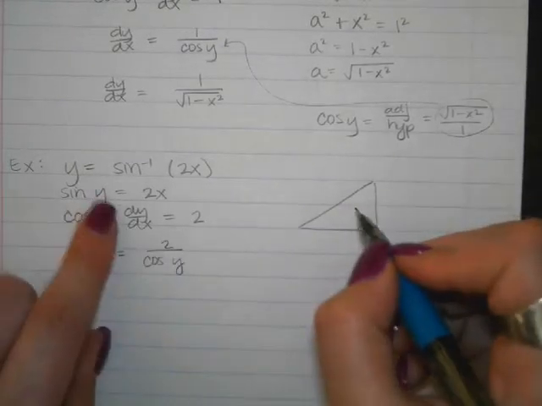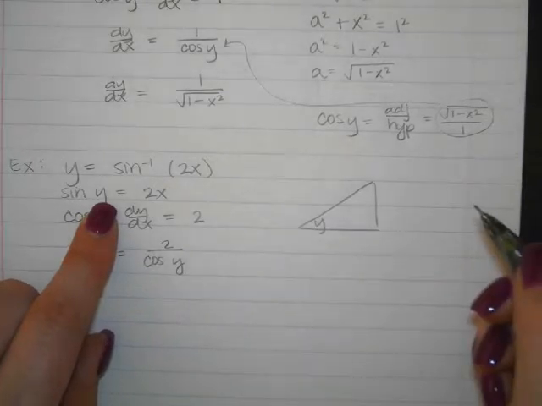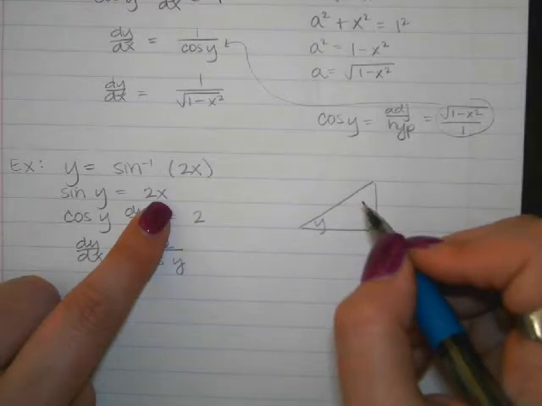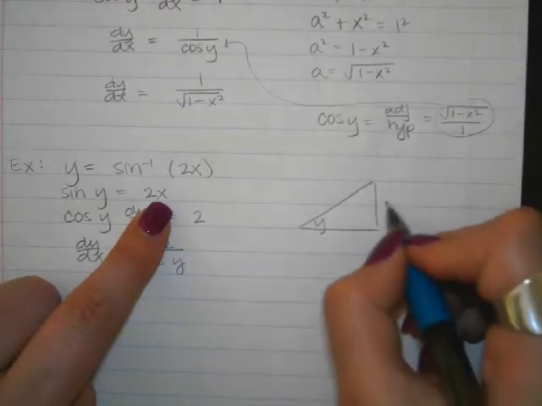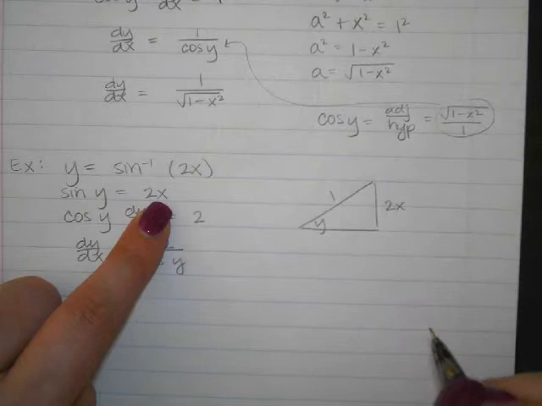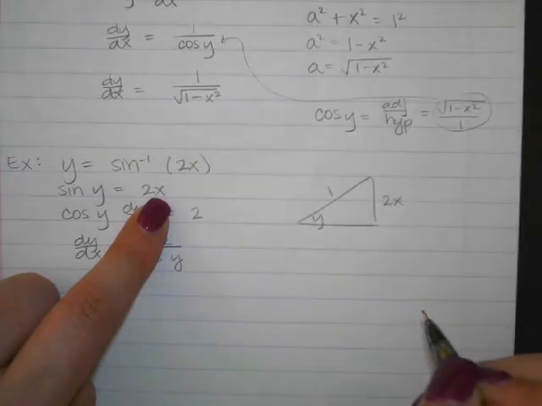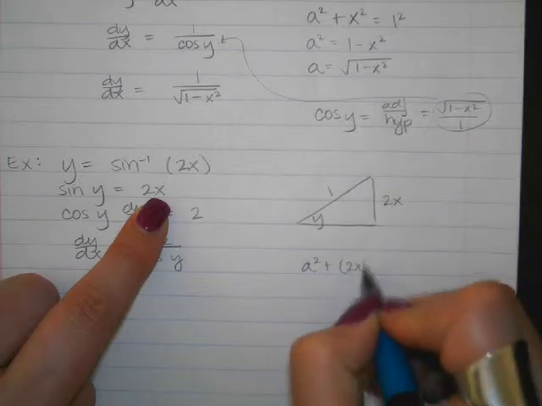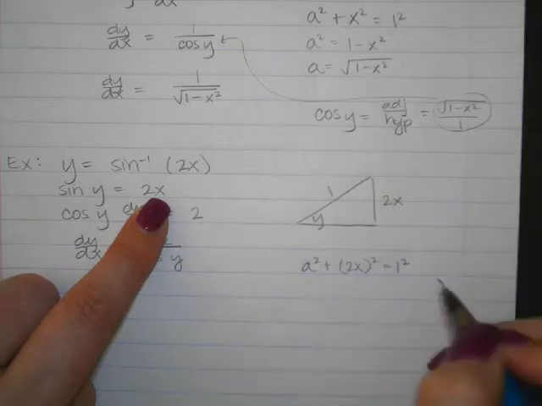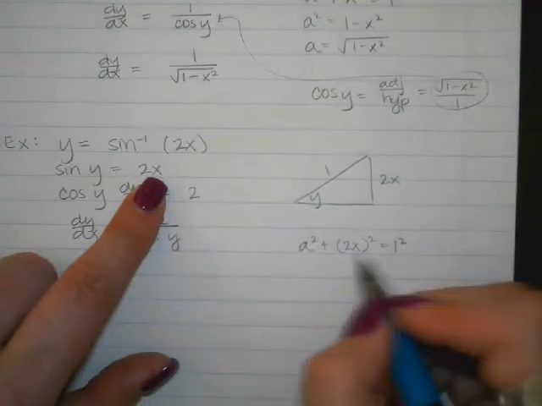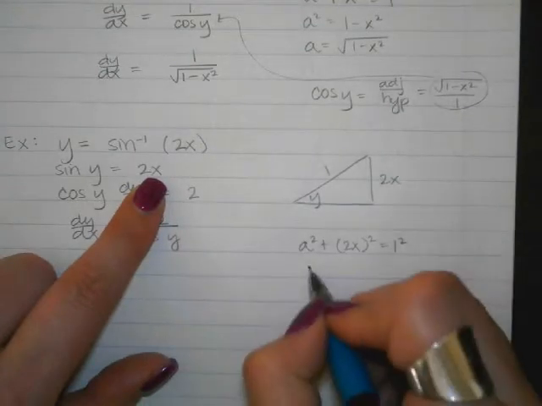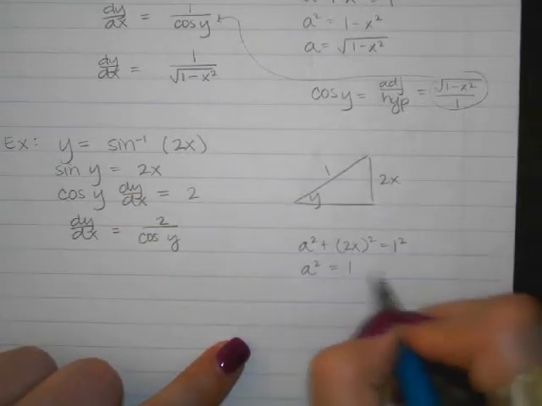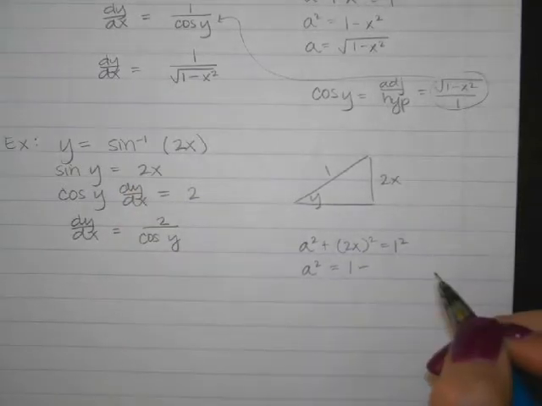So we have angle y, and then we have opposite over hypotenuse, which would be 2x over 1. So a squared plus 2x squared equals 1 squared. It'd be 1 minus